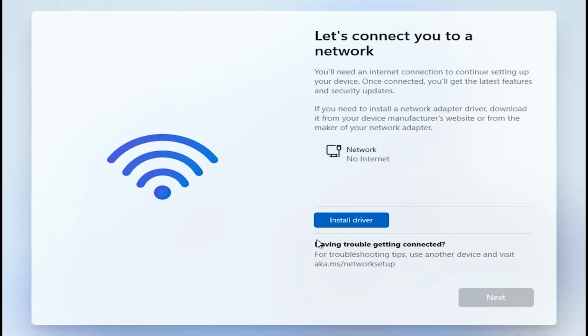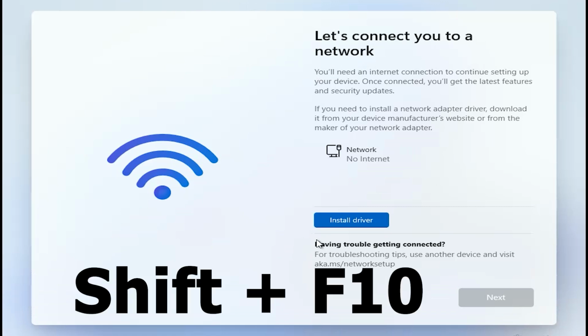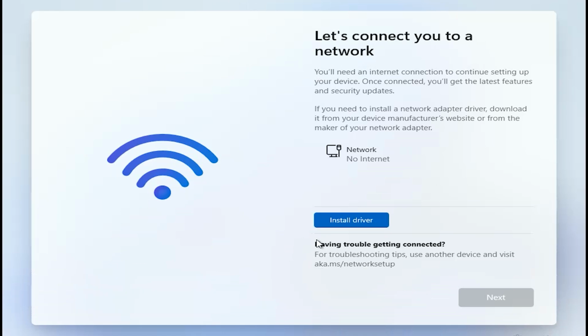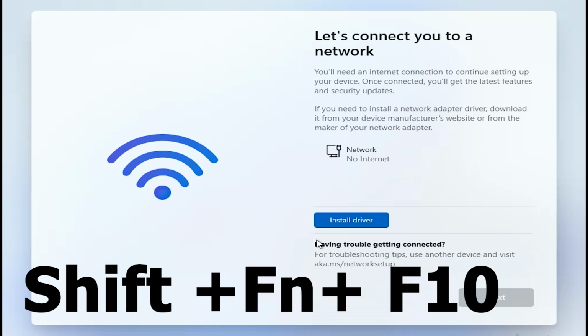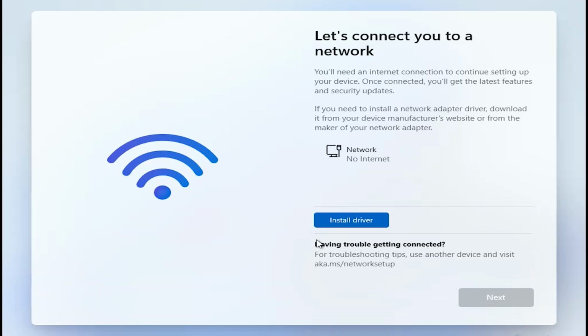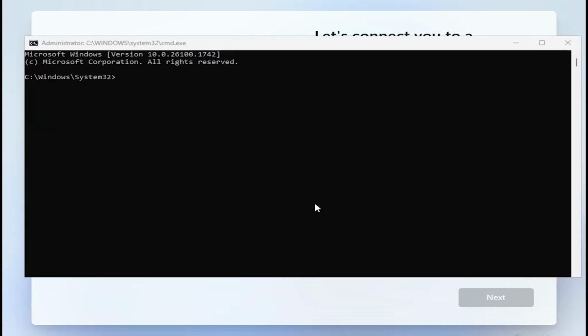In this video, I will show you an easy way to skip the Microsoft account sign in on Windows 11. During installation or at this point, press Shift key plus F10 key. Or you can press Shift key plus Fn key plus F10. Once command prompt is open, type the command